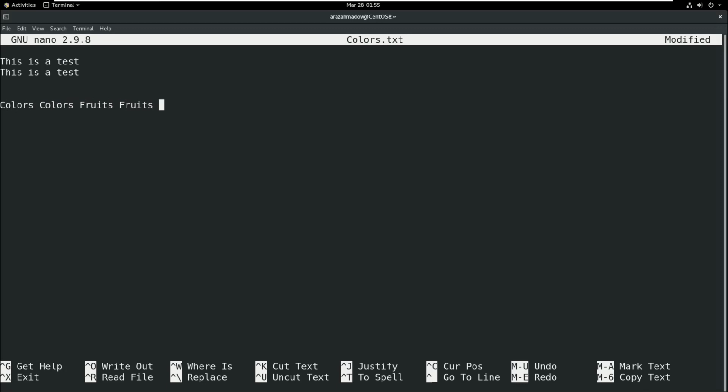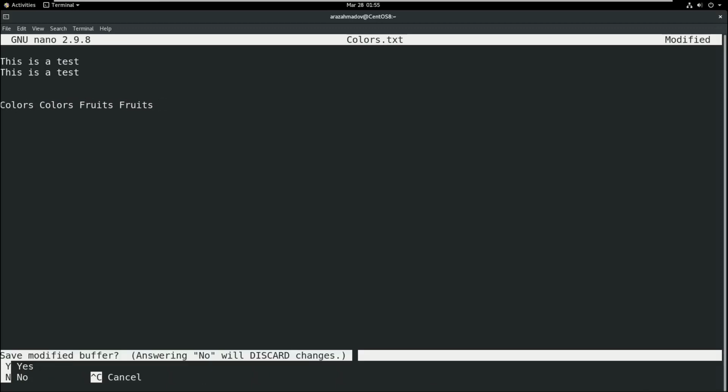You can type whatever you want. Then pressing Ctrl X, here if I type Y or yes, it will save. If I type no or N, it will discard the changes. So I'm going to save the file, type in Y,